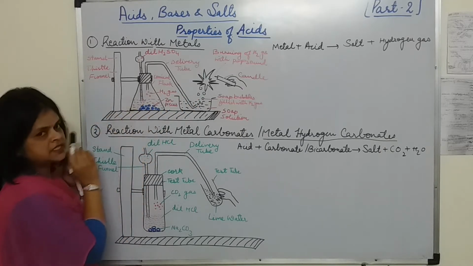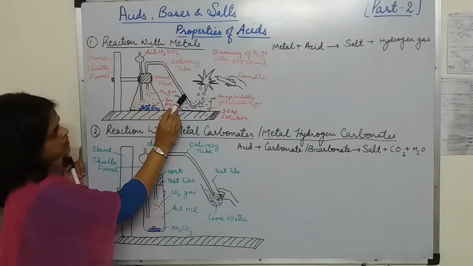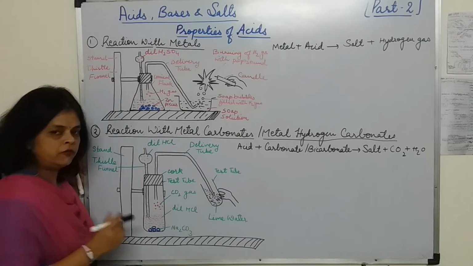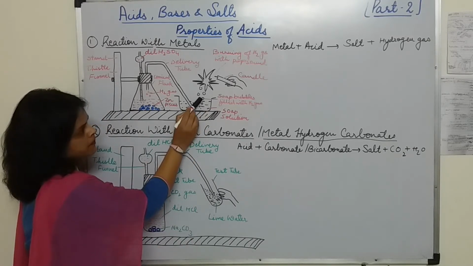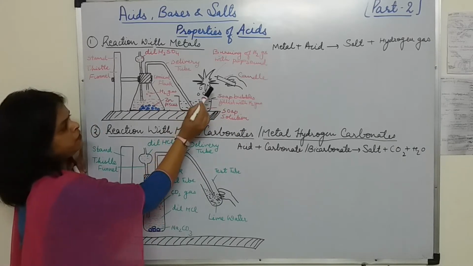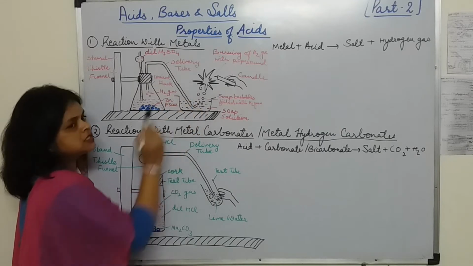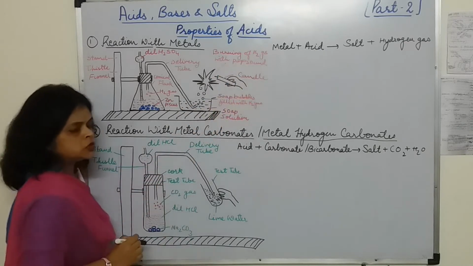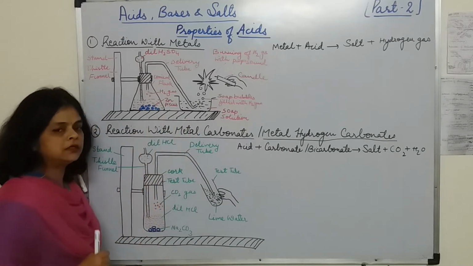So bubbles of a gas are formed and they rise through this delivery tube, and from here they are taken into the soap solution. Now the gas is lighter than water, and you can see these soap bubbles rise up. So here I have written soap bubbles filled with hydrogen gas. Now if you bring a burning candle over here, this gas burns with a pop sound. I have shown here that the gas burns with a pop sound. So we can say the gas present over here is hydrogen gas. This is a test to detect hydrogen gas.